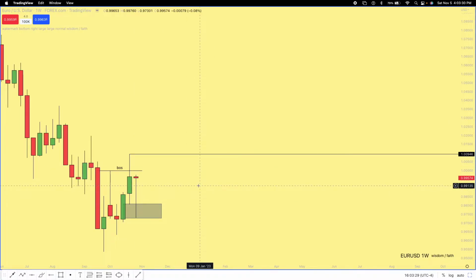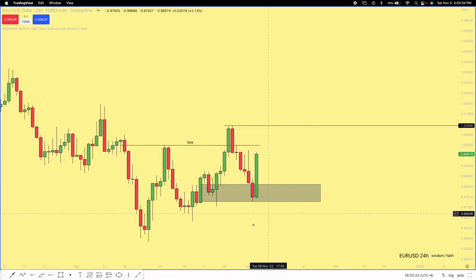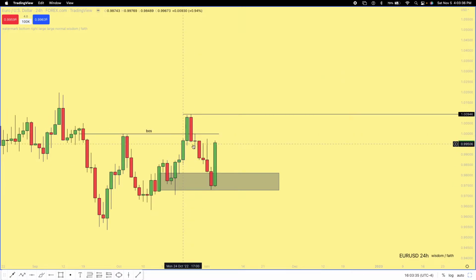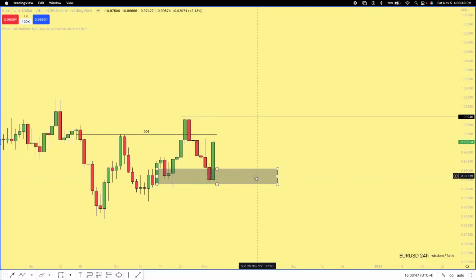I want to see, let's go to the daily time frame. I would love to see price do what? So right here, I would read the tape like this. I would basically say I want to see price come down and make the low of the week. I want to see the low of the week made. That can be made anywhere, at any time. I'm not here trying to predict when the low of the week is going to get made.